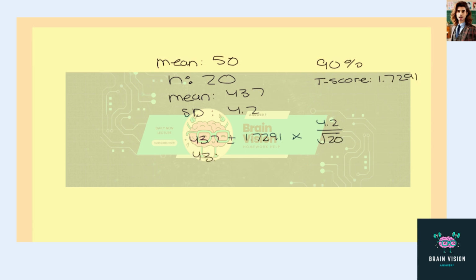And so that's 43.7 plus or minus 1.6239. And so you're going to have a confidence interval of 42.0761 to 45.3239. And so then suppose a researcher is studying the effectiveness of long distance running on heart disease, and